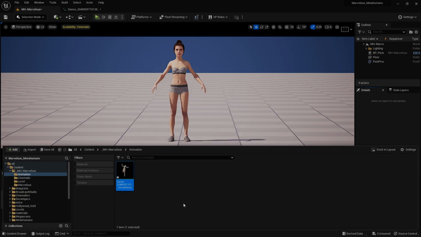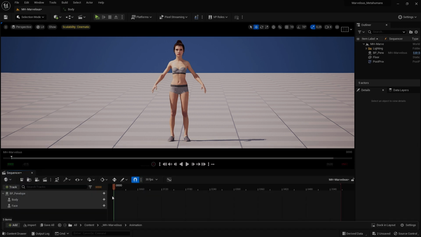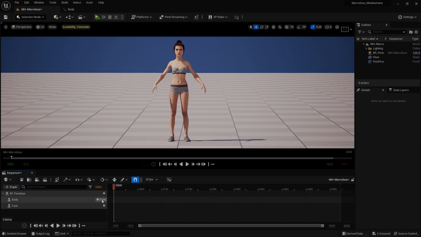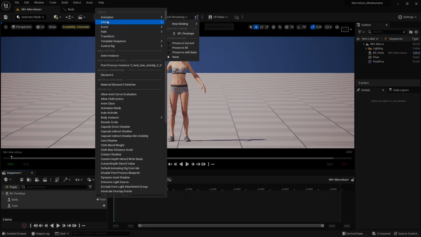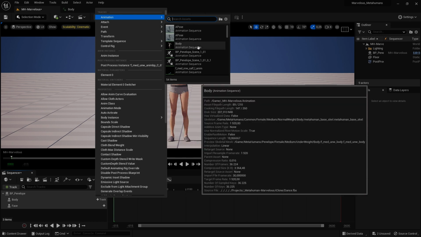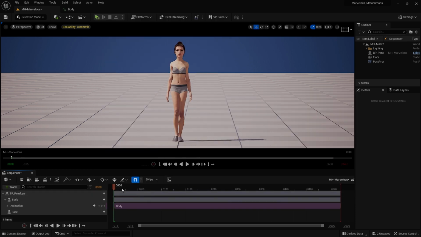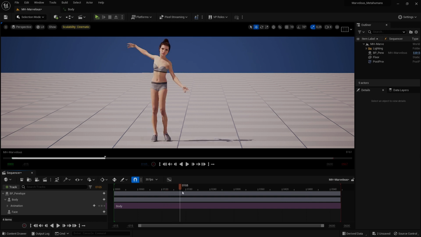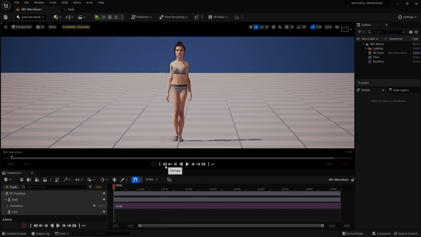Before I do that, I'm just going to rename this to body. You can name it whatever you want, and then under body, choose track, animation, and then body animation. Here we have our lady dancing.